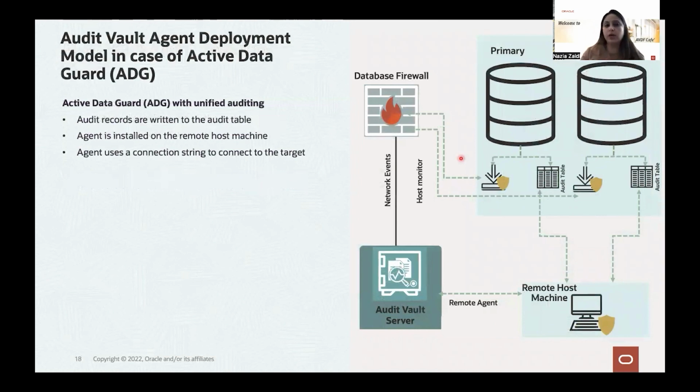So how can you deploy Audit Vault agent if, let's say, your targets are configured as part of an active data guard, right? So in case of active data guard with unified auditing specifically, because we are going away from traditional auditing and I don't want to discuss more on that. So let's focus on unified auditing because this is the way forward. In case of active data guard with unified auditing, your audit records go to the audit table, and you can have remote agent installed